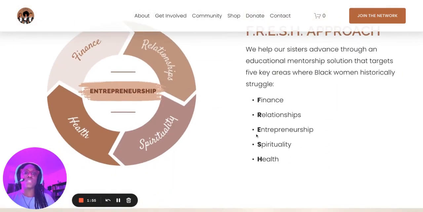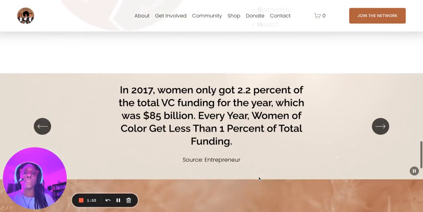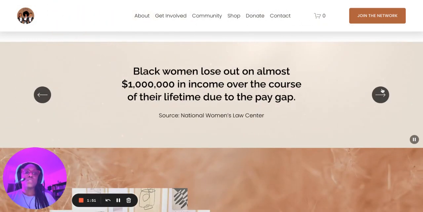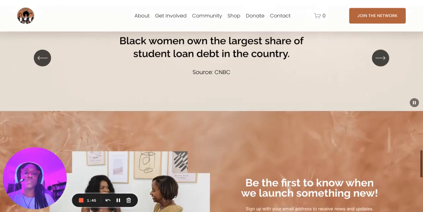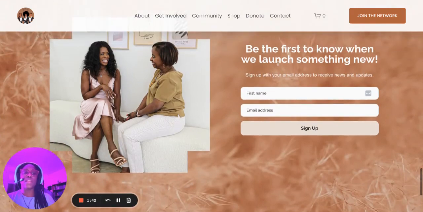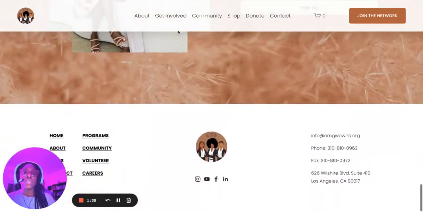And then we have some information about each of these pillars as well. And then here, this took a little bit of coding, but we got this to work. This is a slider with some more statistics to ground the purpose of the organization. And then we have an area where folks can sign up to join our email list. Now, if we go over to get involved, we can see